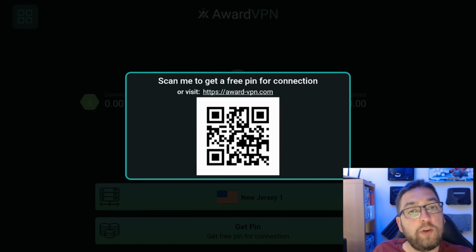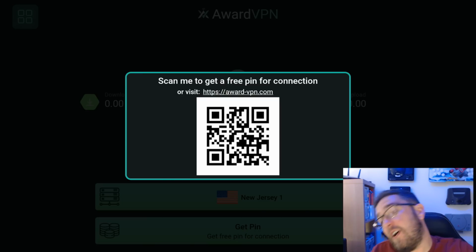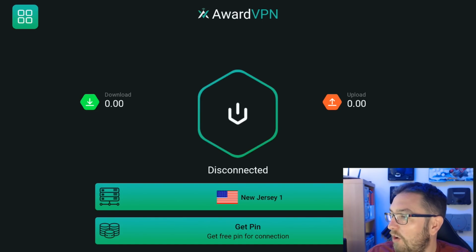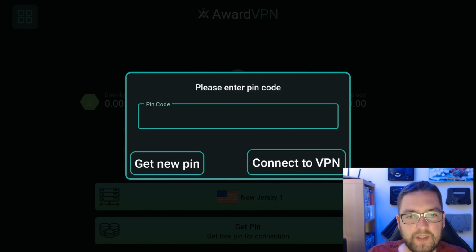Now, once you've got it, you can also do it via the mobile app. So on the mobile app, it goes directly to the website when you go get PIN. So if you have the mobile app, you can add that PIN onto your Fire Stick. It sounds complicated, but it's really simple. Okay. So now we type that code we just got in here, which is